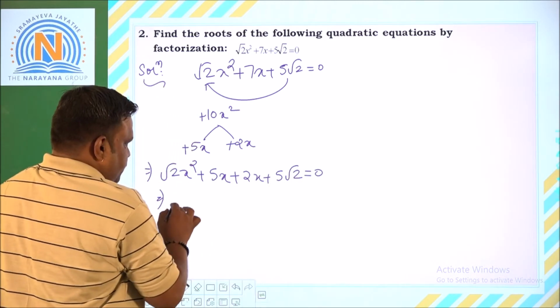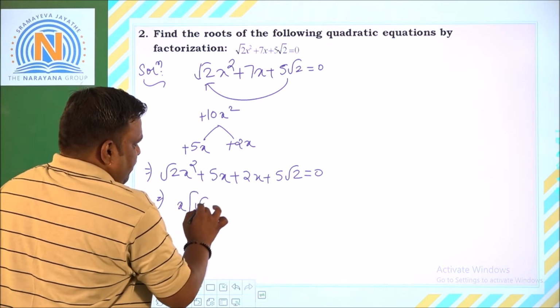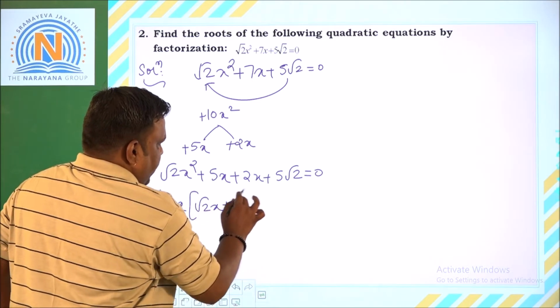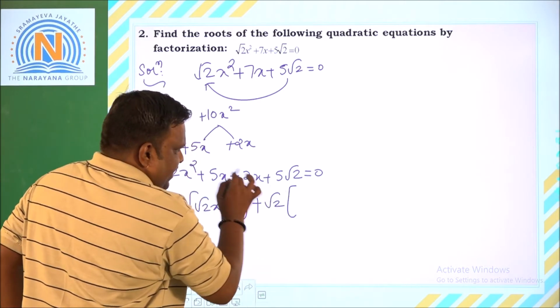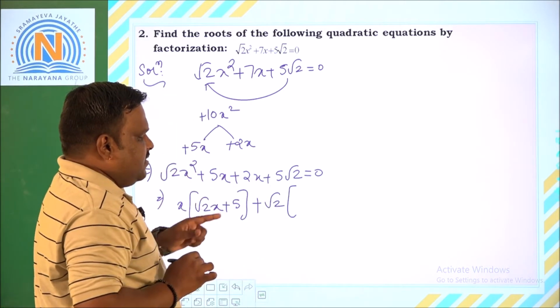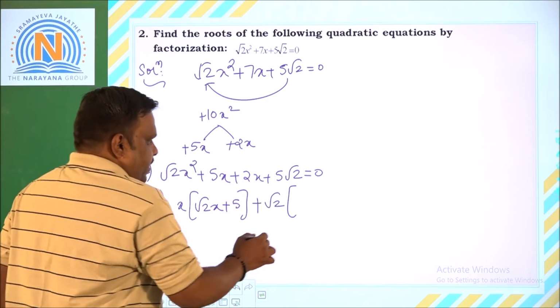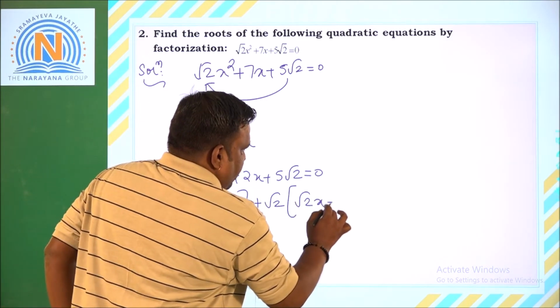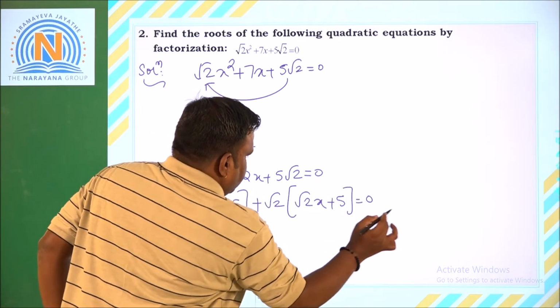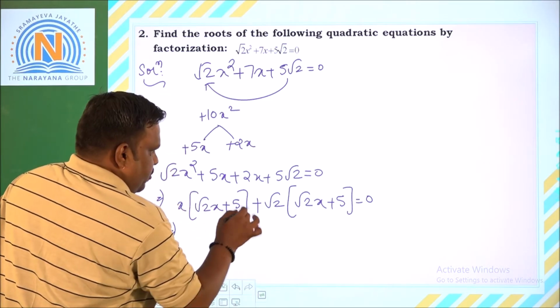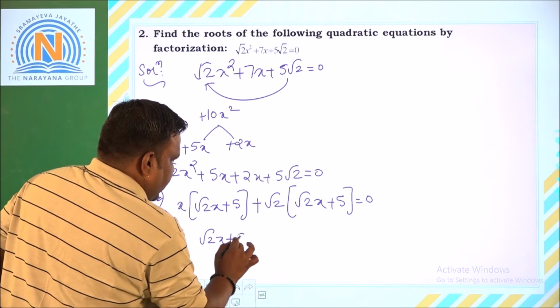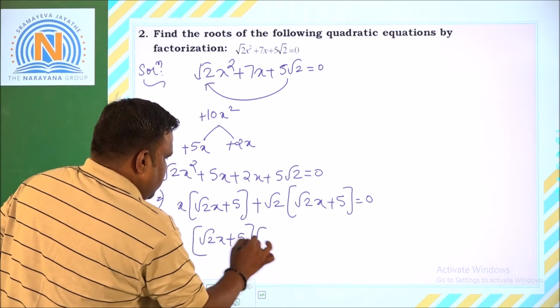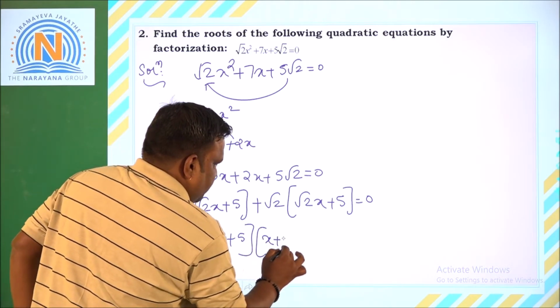From here take out x common, so I will be left with root 2x plus 5. Plus here, from here take out root 2 common. So 2 can be written as root 2 into x. So take out one root 2 outside, you will be left with root 2x plus 5 equal to 0. Now when you take out the bracket term which is common here, root 2x plus 5, on taking this common part, left over will be written in the brackets as x plus root 2